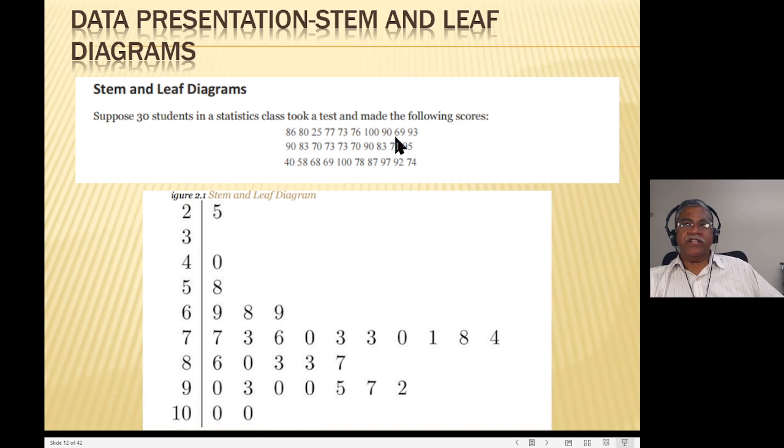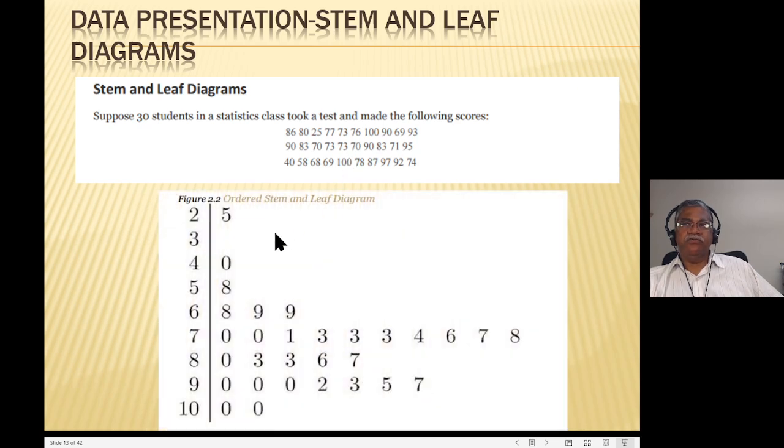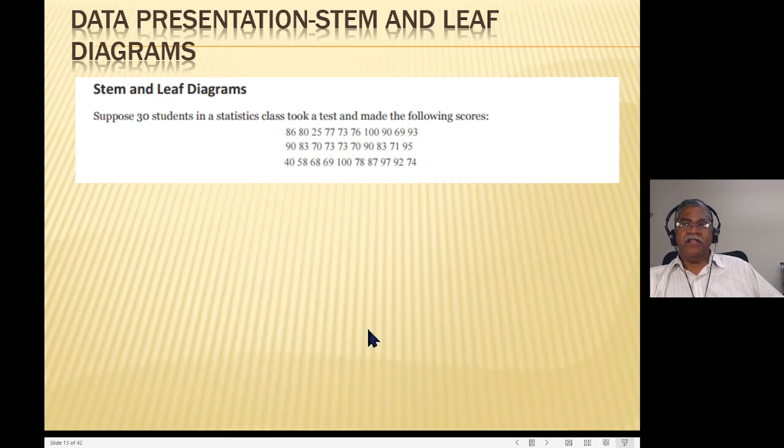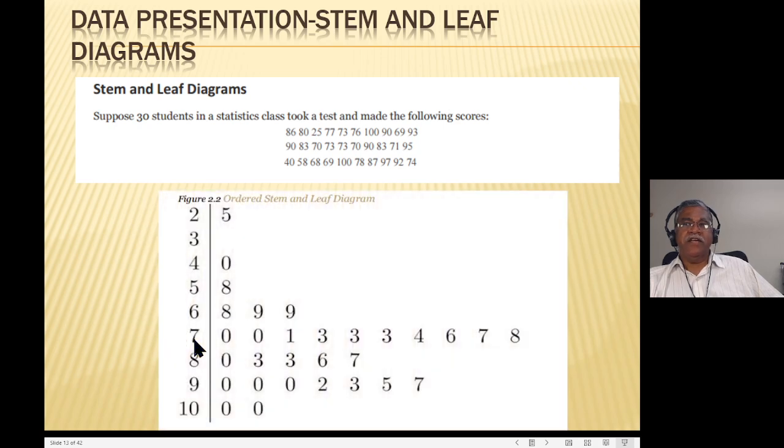So first of all, you write these numbers down in exactly the order that you see, right? But you break it up into the 20s, 30s, 40s. So right now, clearly, this stem and leaf presentation is a lot better than this. Okay. Now, the better way to do it, obviously, is to take all these numbers that were there and order them. So it's almost like 70, then 71, then 73, then 74, and that's done in this way.